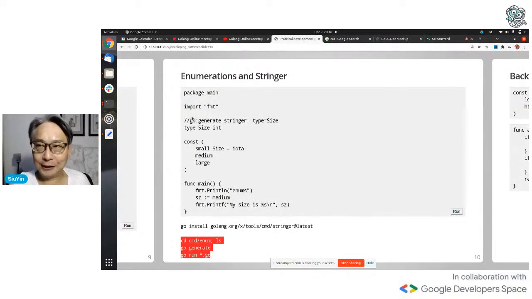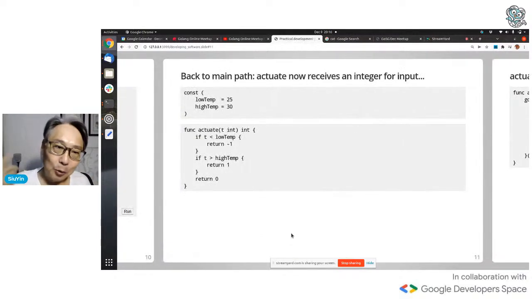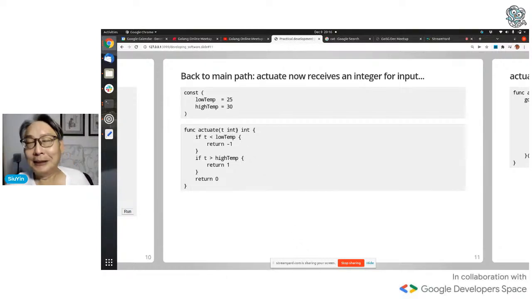I really love this feature of Go enumerations. You get nice integer style Go enumerations, and you get string interpretations for free with this tool. It's called Stringer. Use it. It's good. Now, that was the short detour. Let's go back to the main programming. Back to bad practices. I didn't use temperature here. I used int. So this is where we left off.